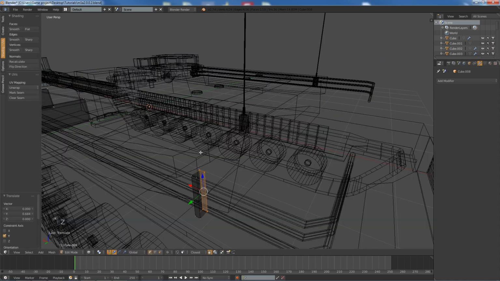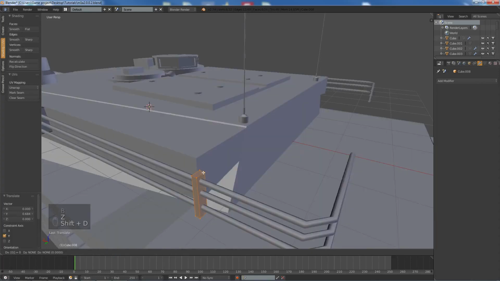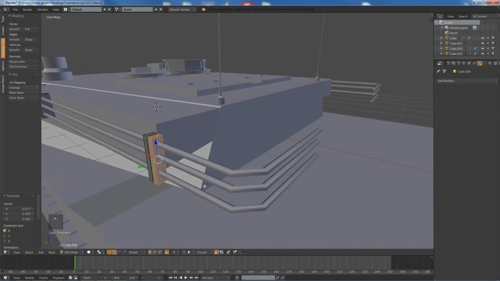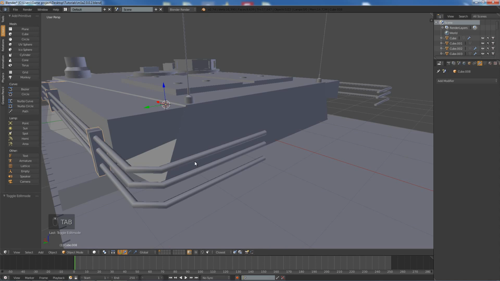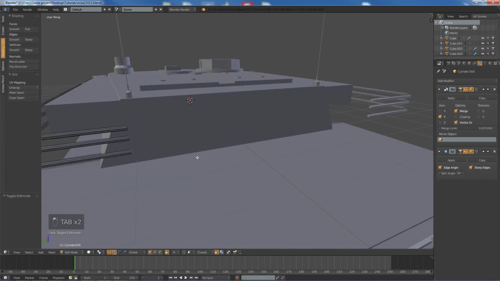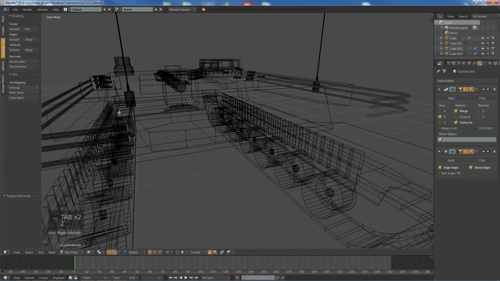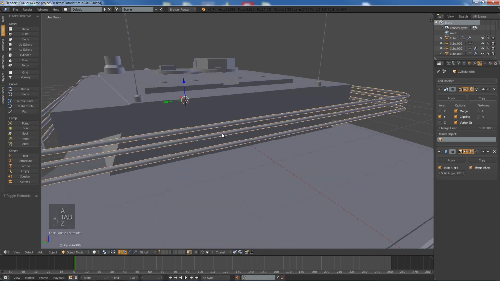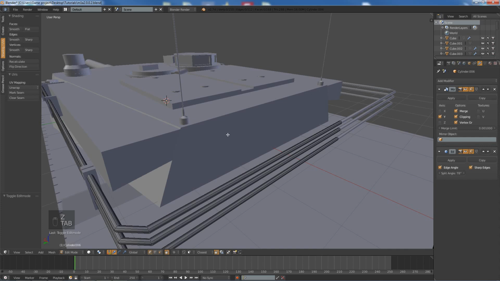And now we're going to duplicate this box. Shift D 0 so it isn't moving anywhere, and we'd move it along the X a little bit like so. Now we come back to the metal bars, and we are actually going to want to turn on clipping on our modifier, and we drag that in the middle like so. Okay,